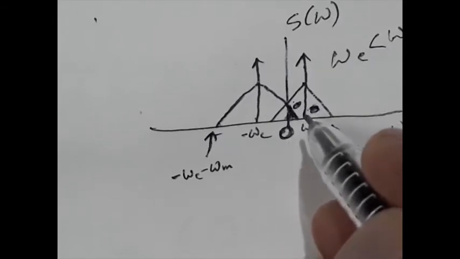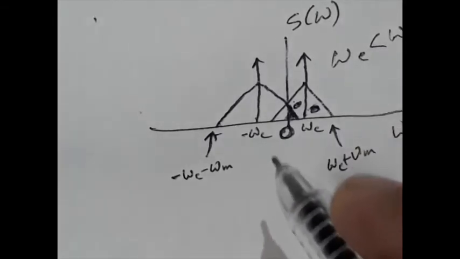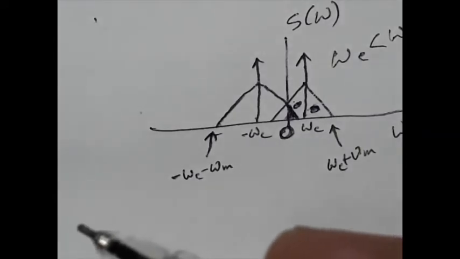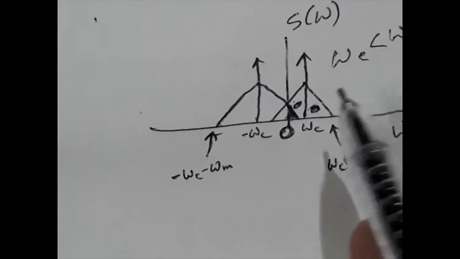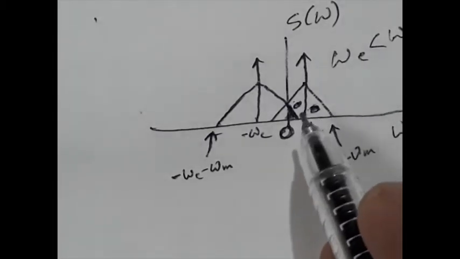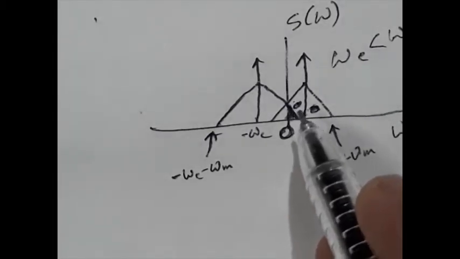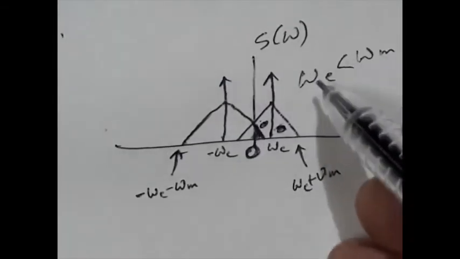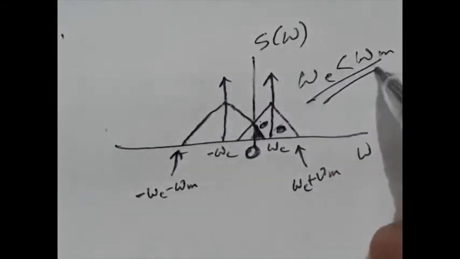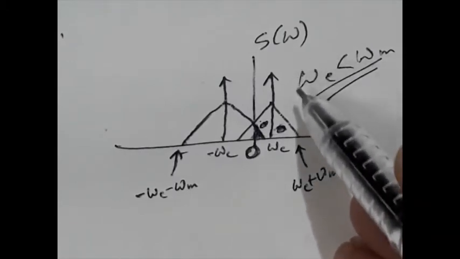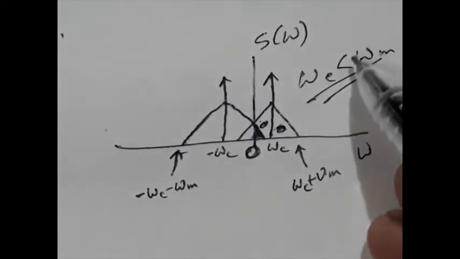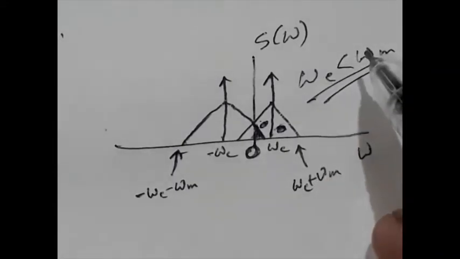That means the main objective of transmission is lost, because you cannot recover the original message signal because of this overlap. That is why this condition is never used in a communication system. So we have to keep the carrier frequency higher than the baseband frequency. Reverse is not true.